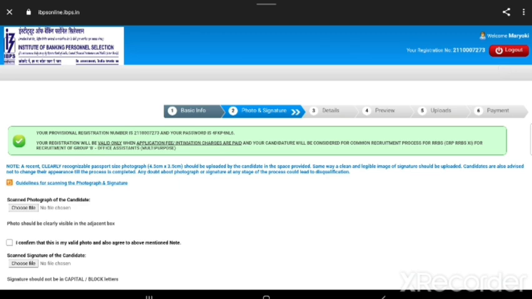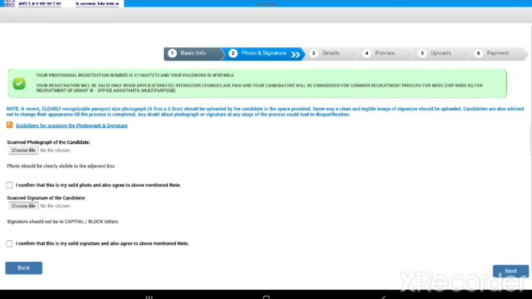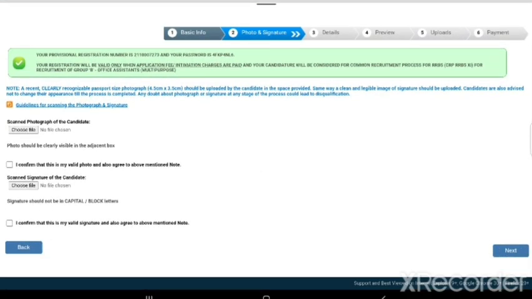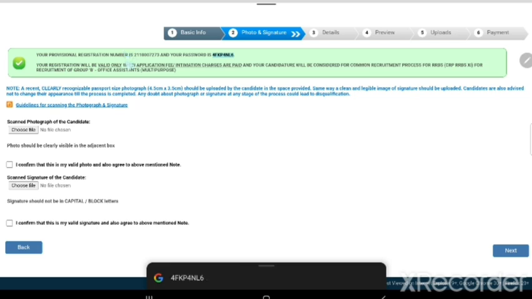After you press okay, this new page will come up. You need to scan your passport size photo, and then upload the scanned copy of your signature, and the signature should not be in capital letters. Remember, before you apply, you should make sure that your passport size photo, your signature, your left hand thumb impression, and the hand declaration are ready. And remember, you should note your registration number as well as your password. Your password is this one, and registration number is this one.